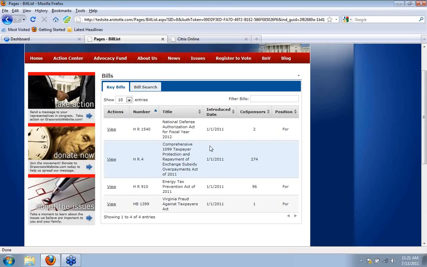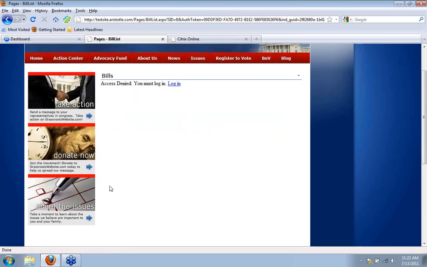A lot of the information that you can view in 360 is also available here. Not all of it, but a lot of it is. The number of co-sponsors are listed right on this front screen. You also get the position that you've entered in 360, so if you're for or against the bill, it'll list it here. We also have the name of the bill. And then if they click on, and let's go to the one that we were looking at before, so this is the Energy Tax Prevention Act, that's the Fred Upton bill. If we click to view it, oops,